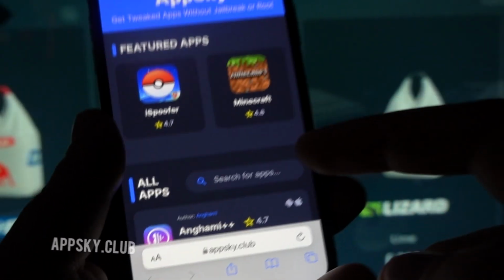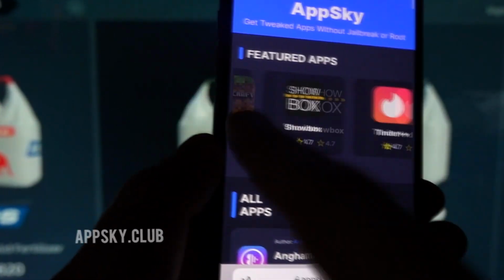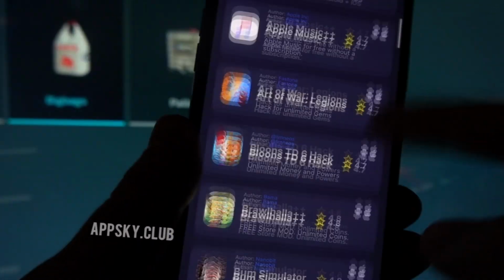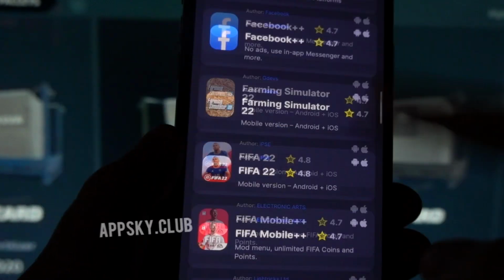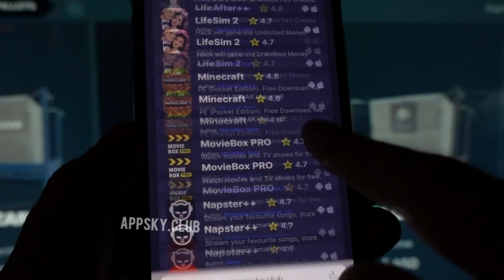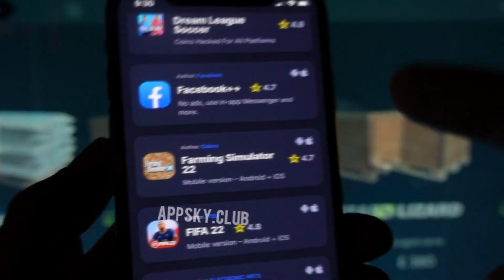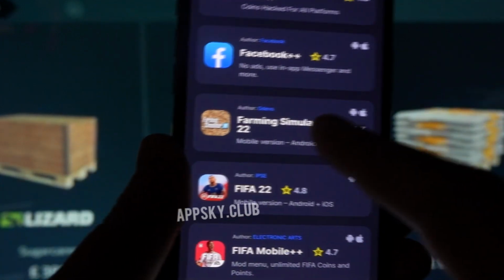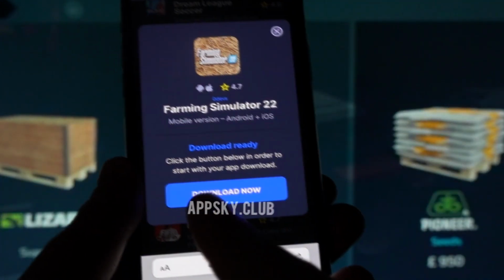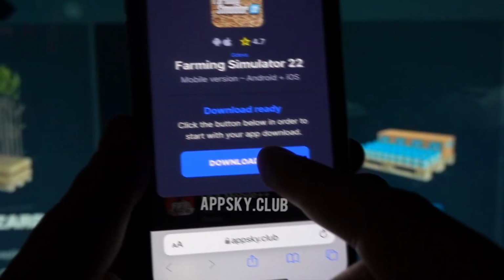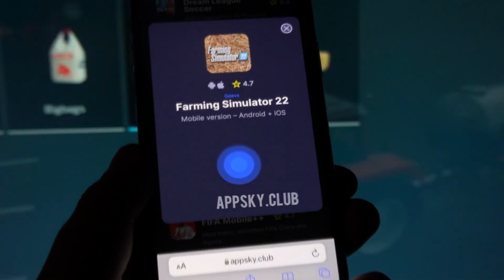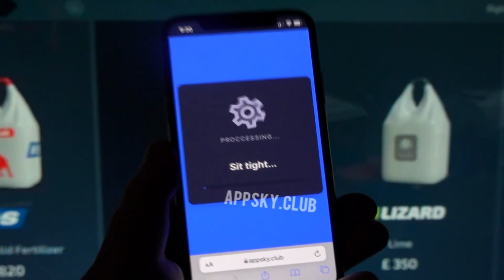And this list contains a lot of crazy things along with their respective ratings and compatibilities. Whichever one you want, you can look for it and download it, because this contains a lot of things and you might get lost in this list. And there you go, just found Farming Simulator 22 by coincidence, and it is compatible for both Android and iOS devices. Click here on the download now button to start the process, which is called the injection process,